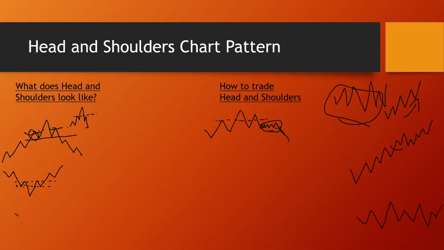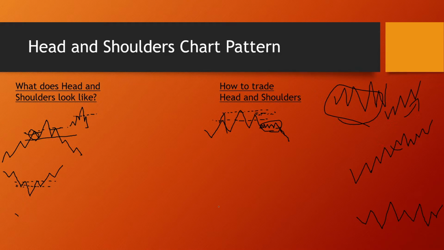If you're trading traditional forex, your stop loss should be right around the shoulder length of whatever shoulder. To be honest, once again, they're going to be relatively in the same area, but I usually do the highest shoulder. So if the left shoulder were to be a little bit higher here than the right shoulder, then I would do this guy here